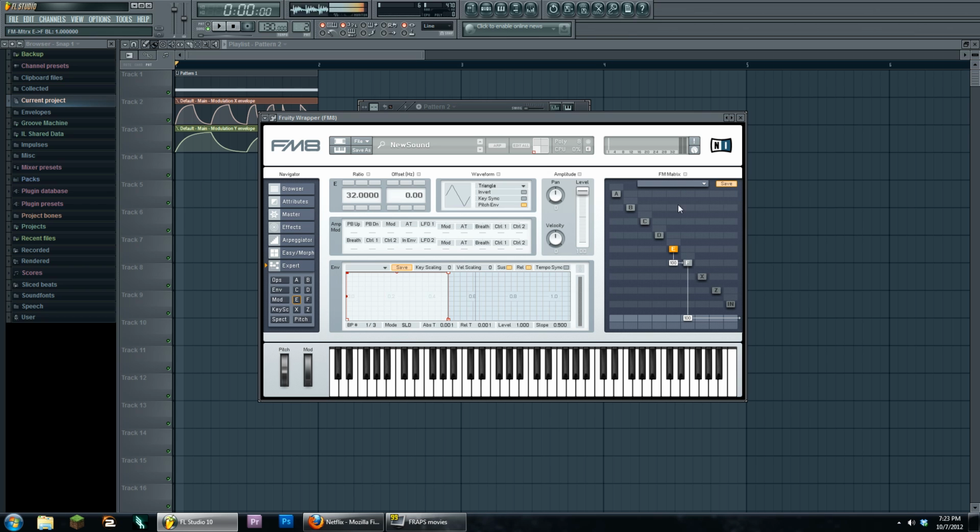Now this amount doesn't matter because the amplitude is always going to be controlled from 0 to 100, but we want to use the velocity control to change how loud things are. And this is important because